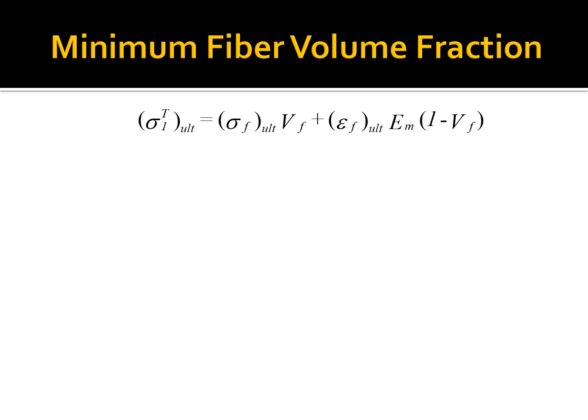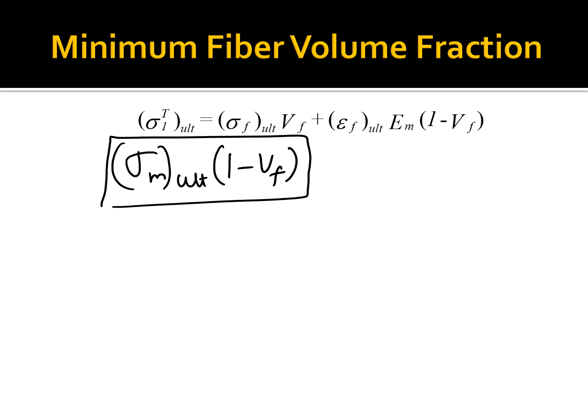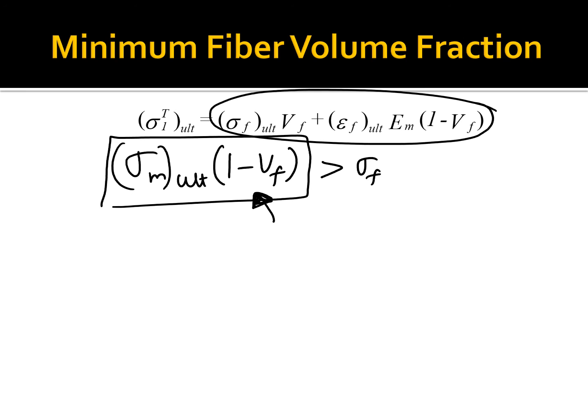There's a concept called minimum fiber volume fraction. What does that mean? Once the fibers are broken, we want to see if the composite can take more load, which means that all the fibers are broken and are not able to take any more load. So if all the fibers are broken, the stress which can be taken by the matrix alone will be this much. We want to see whether this quantity is greater than this quantity. Are there certain volume fractions for which, once the fibers are broken, the matrix can continue to take more load? So this should be greater than sigma F ultimate